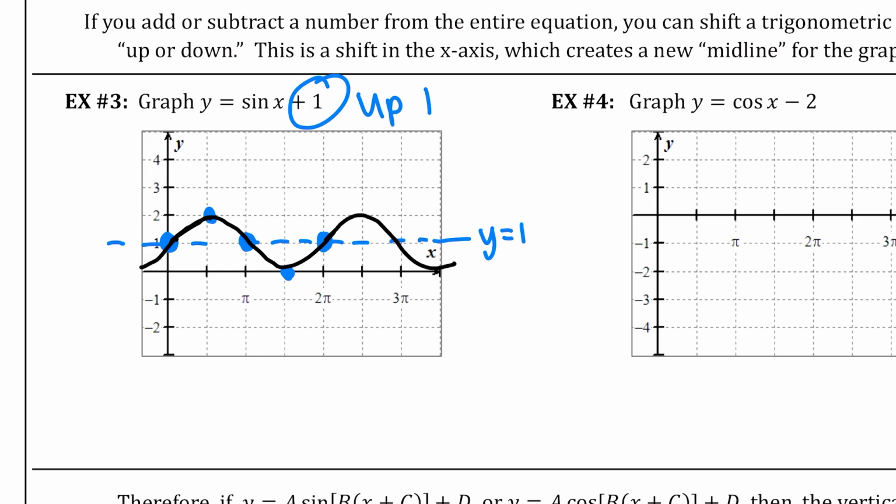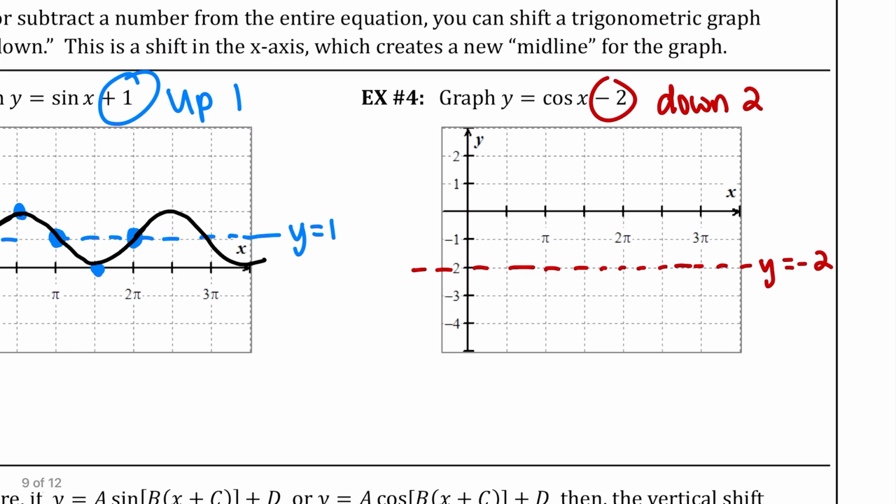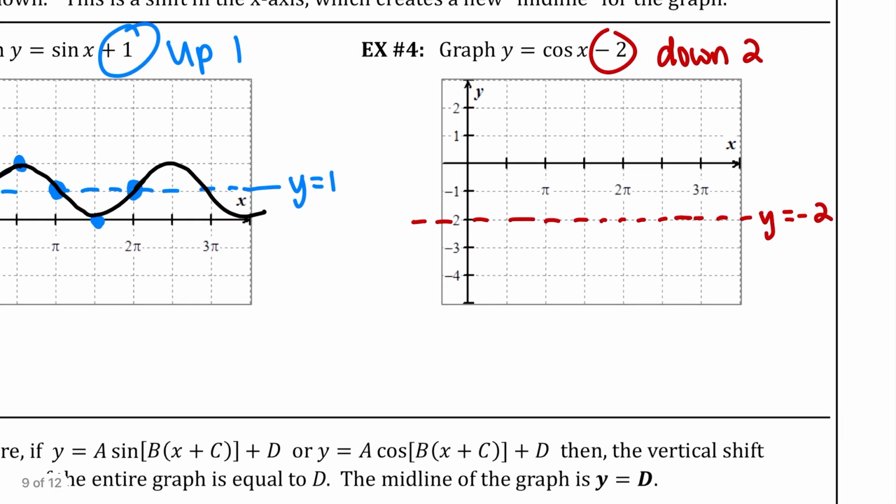We know our amplitude is 1 because there is no number in front of the sine. It's just 1. Alright, so now on to our cosine graph. This minus 2 means we're going to shift down 2. So our new midline is going to be this negative 2 here. So y equals negative 2. And then with cosine, we know that we start at a maximum if our a value is positive, in which case it is. It's pretty much just a parent function with a shift downwards. So we're going to start at a maximum, so -1,